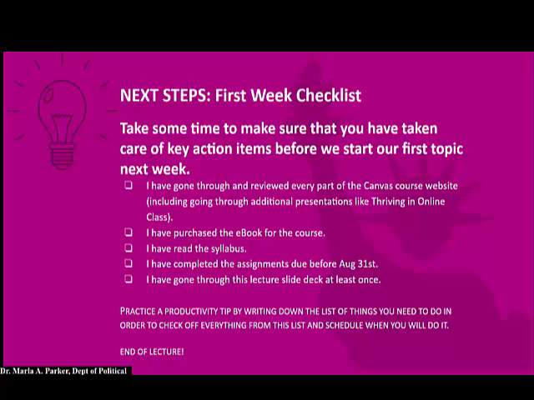All right, well, that is it for me. I told you that this was going to be a really short lecture, and it's designed that way to keep you less overwhelmed. So please make sure that you're taking this first week to get acclimated to the course. Make sure that you have bought your book, you've gone through the syllabus, you have gone through Canvas with a fine-tooth comb, and that you start to think about some things that you would like to create as far as your student project innovation. And then also really try to reflect upon what it means to be a self-guided, self-directed learner, and set some goals for yourself for how you're going to elevate that practice this semester.